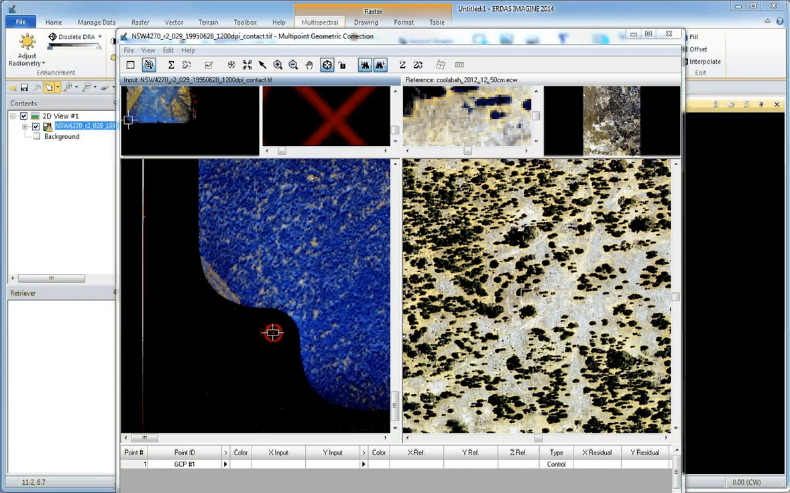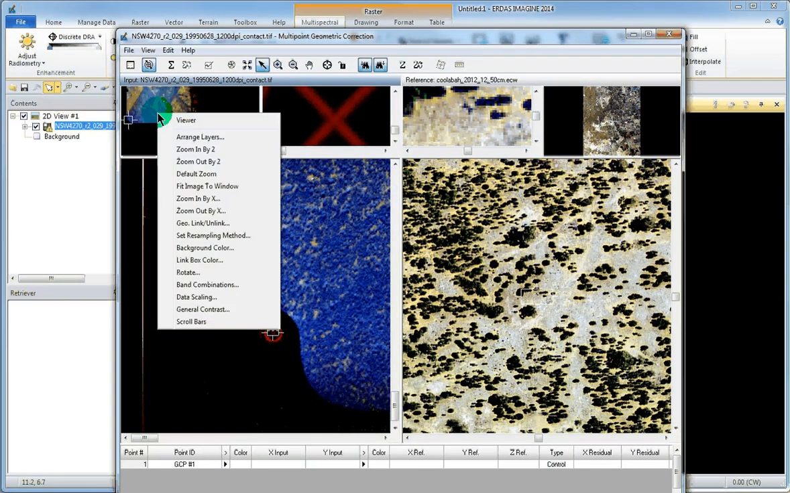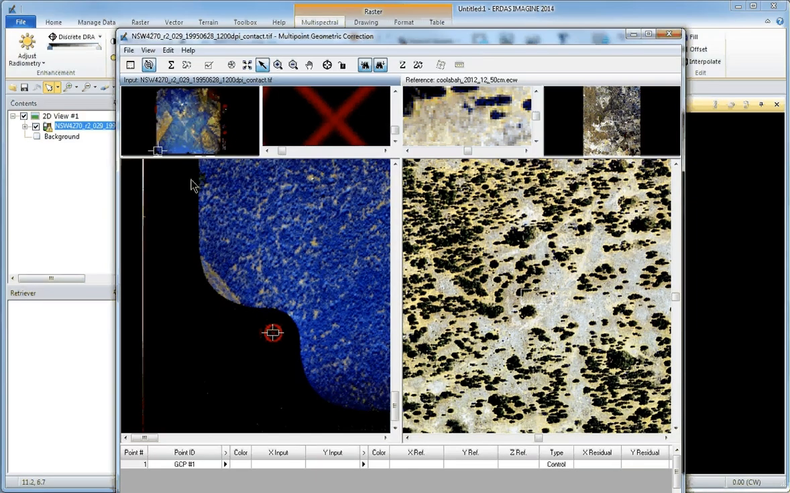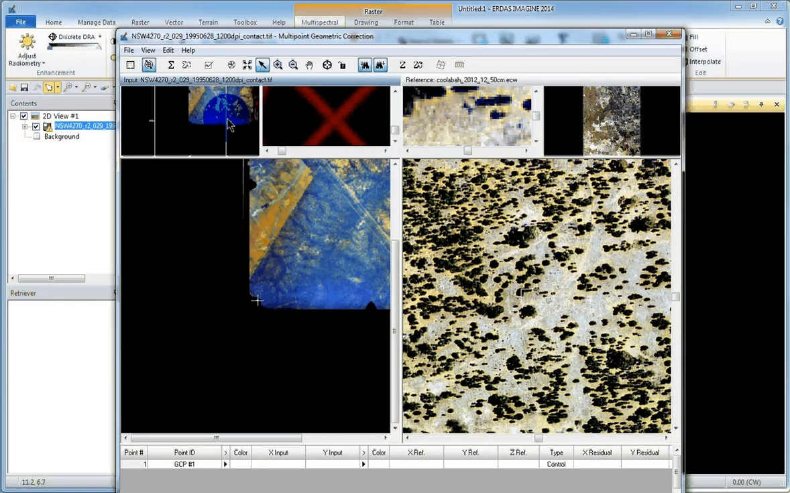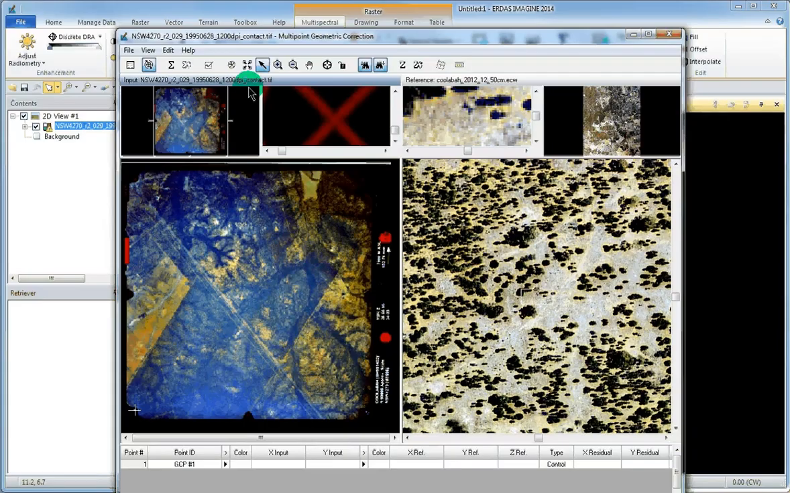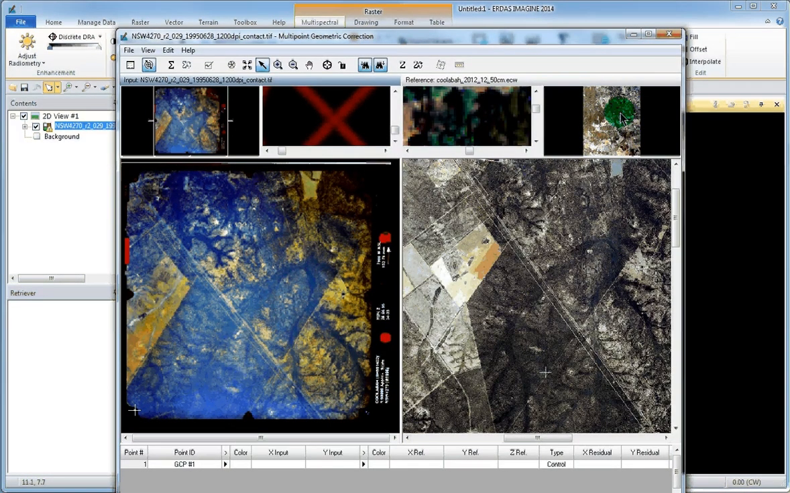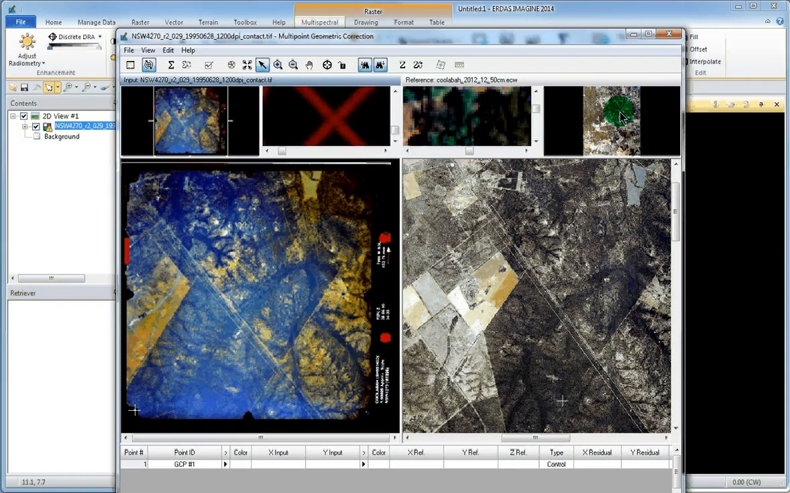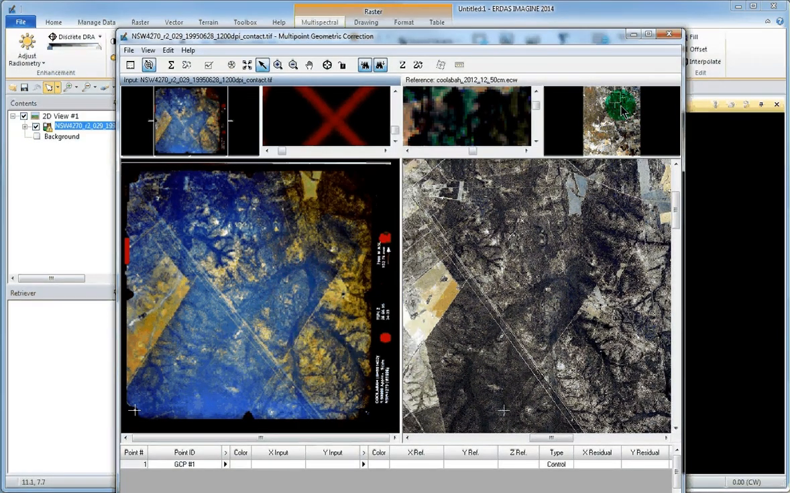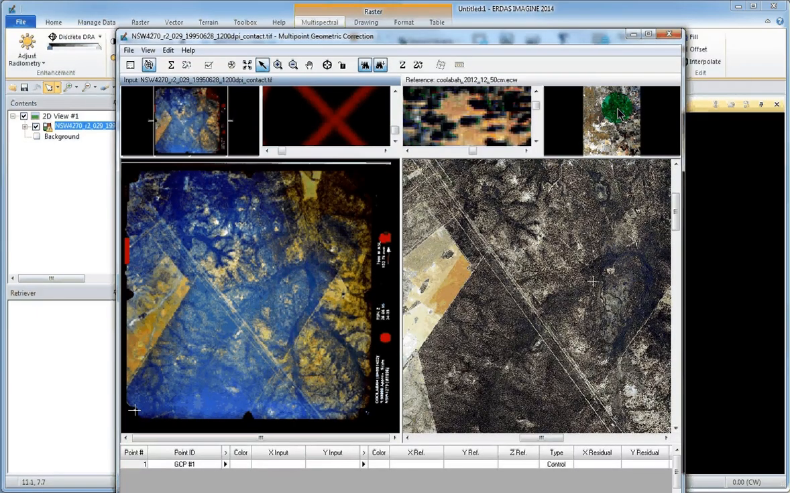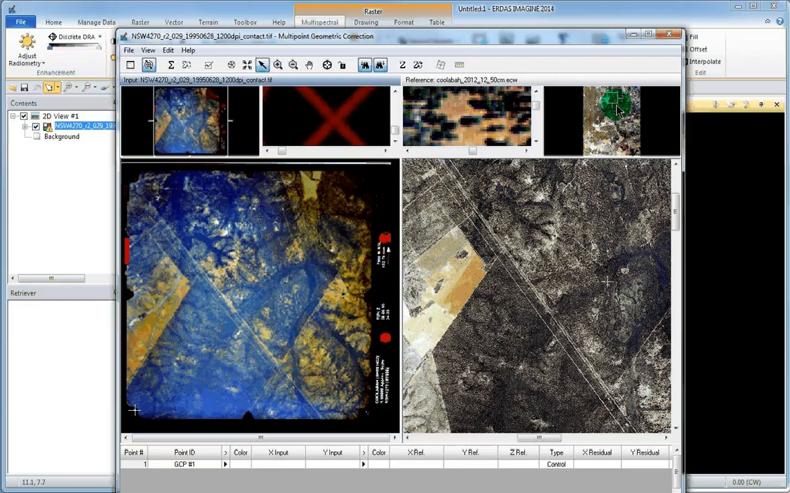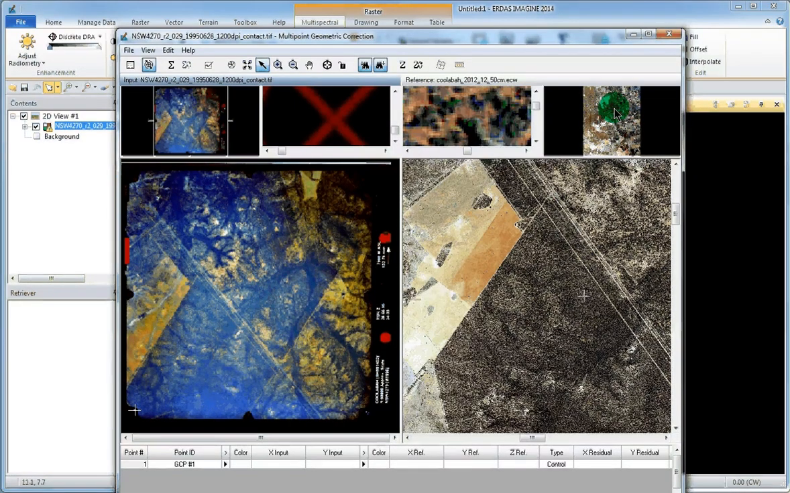Now make sure that your arrow icon is selected. Right click on this window and fit image to window. I like to do it this way because I can see where I am. Fill the bottom window with the entire image. Zoom to the same area on the reference image. I'll make that a little bit bigger. Okay, that's a little bit too big